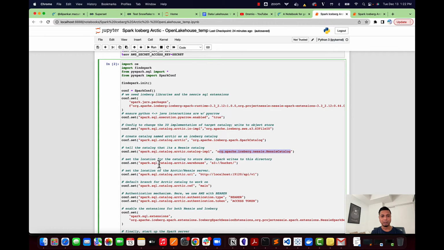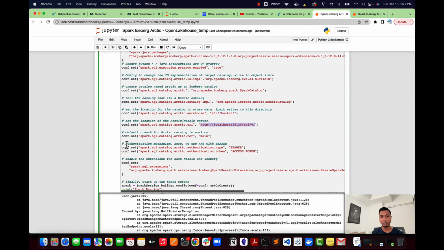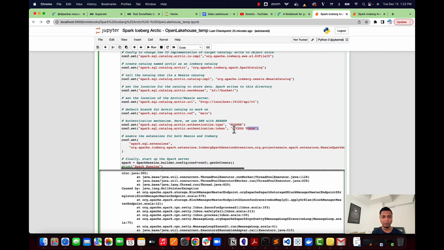Another important thing here is we are going to use Spark to create Iceberg tables. That means we are going to write a lot of things to this particular bucket. So in this case, that will be our S3 bucket, which you can define. And then we also need the URL of that particular catalog, which in this case is Nessie, or the service around that. It's basically Dremio Arctic. Once we have that, we also can select the authentication mechanism. In this case, I'm going with bearer, but you can also select none, and you can choose not to have authentication. Once we have these particular configurations, we set the extension for both Nessie and Iceberg,